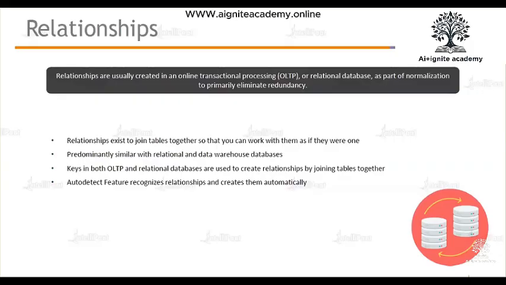Let's see a scenario where you do not use the relationship. Using the query editor, we have an option, merge query. With merge query, we are pulling the data from other tables into one table. Based on the product ID column, we extracted the product name in our order details table. So we just increased the size of the data model of that table, and we created a product name column in the order details table.